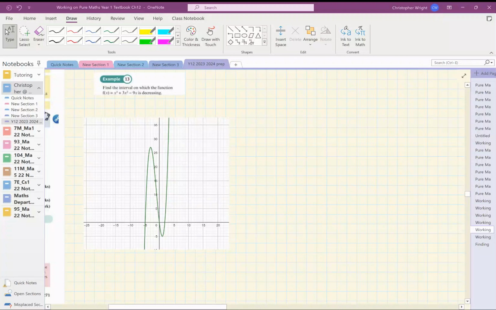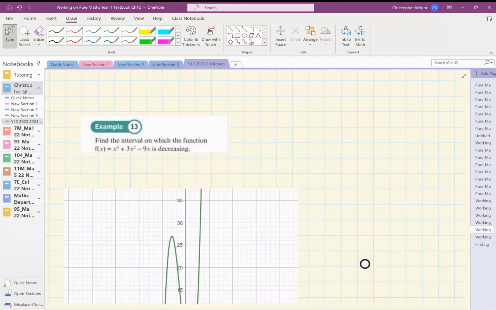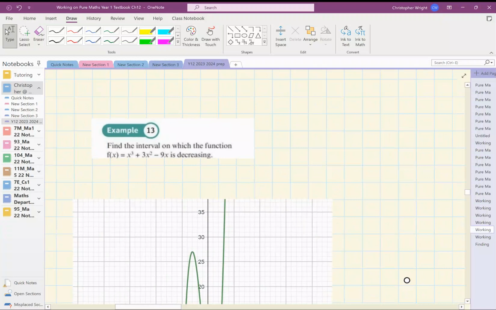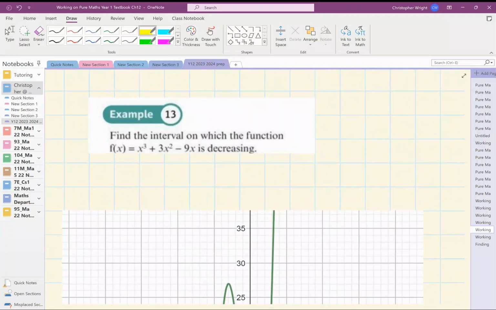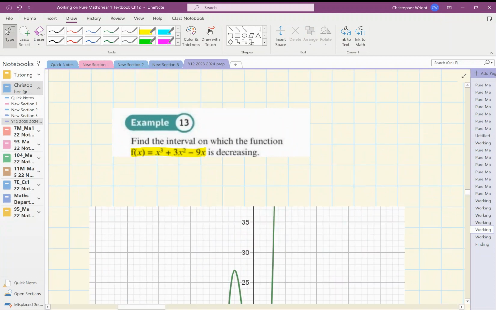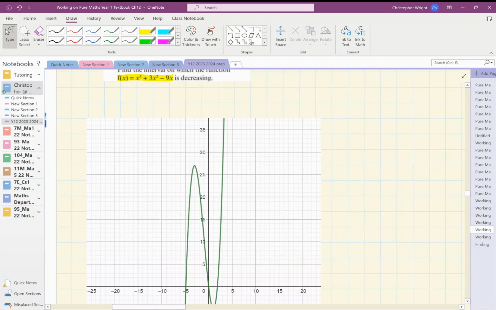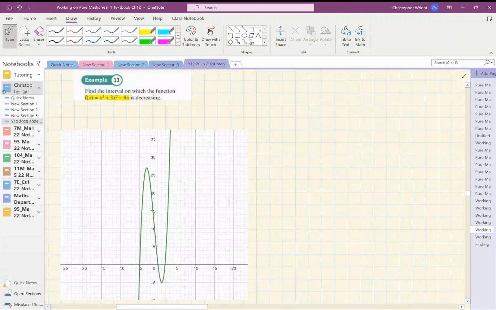Example 13, find the interval on which this function is decreasing. So we're dealing with this function of x, and presumably as x goes up, sometimes the function is increasing and sometimes it's decreasing. Just to have a further look at this, I plotted the function here on GeoGebra, and you can see that as,